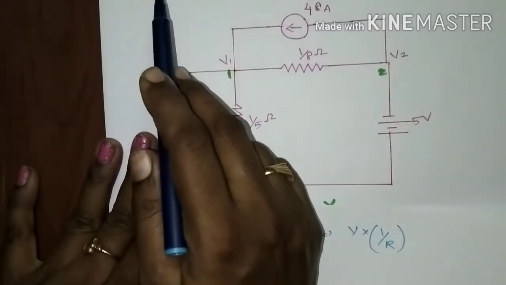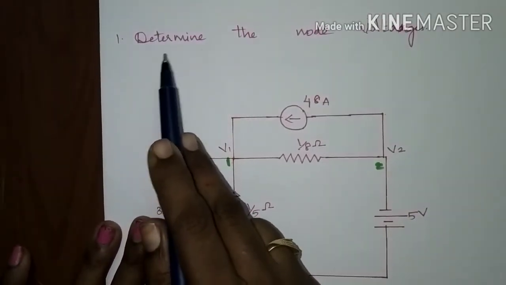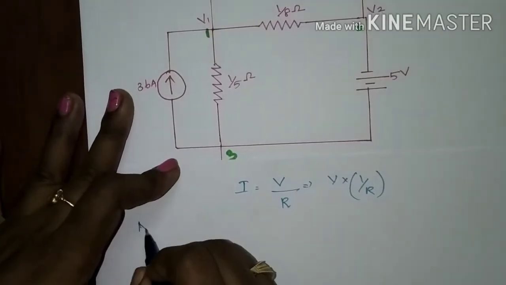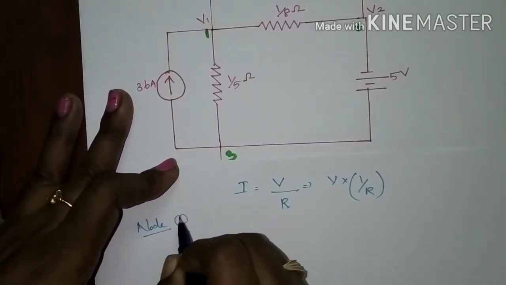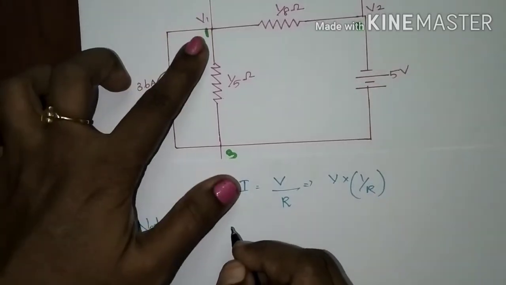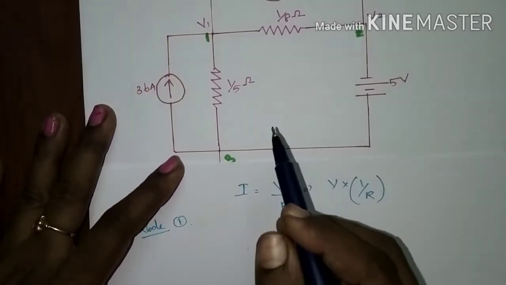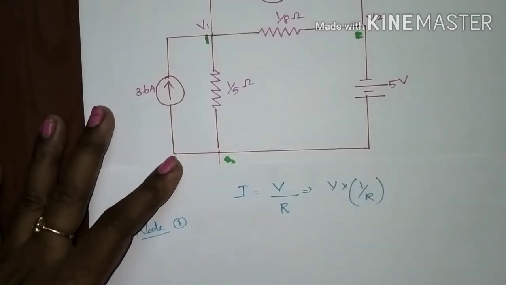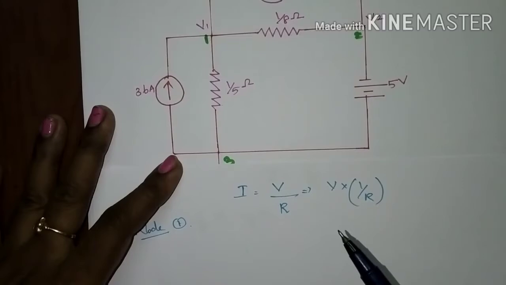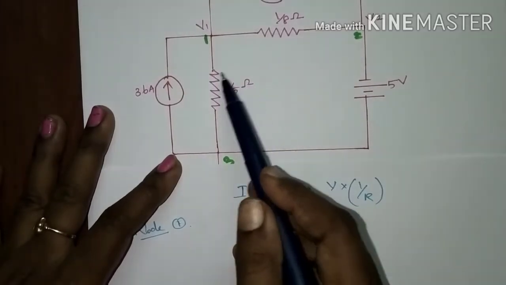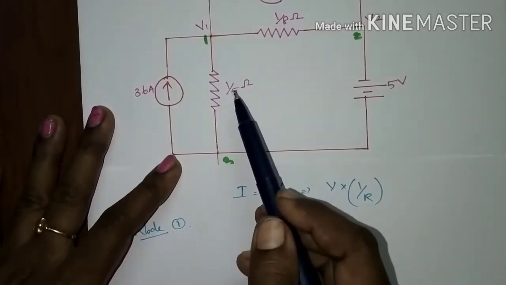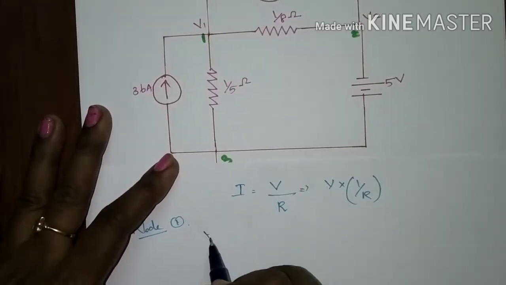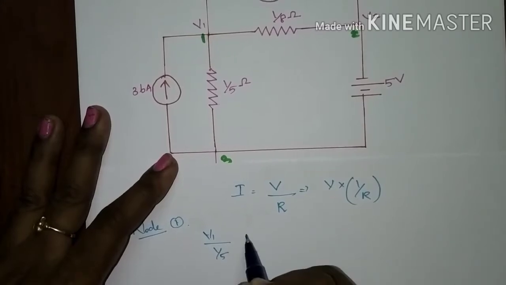They have asked us to determine the node voltages, so it is very easy. First write the node 1 equation. For node 1, there is another method also. First write the self resistance connected to node 1. The self resistance connected to node 1 is 1 by 5. So V1 divided by 1 by 5, plus